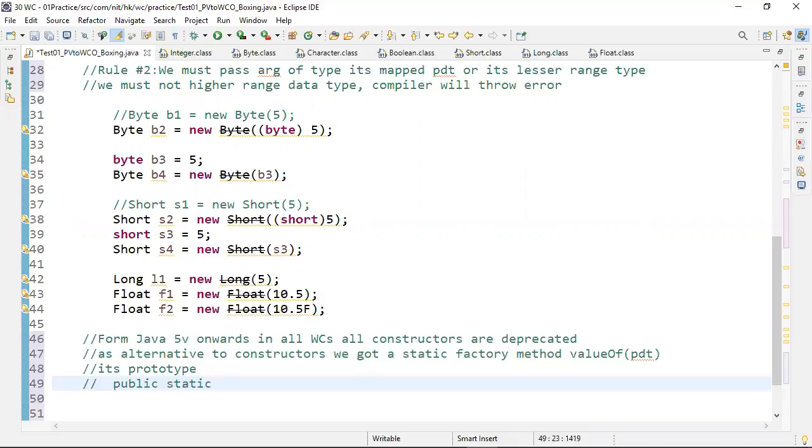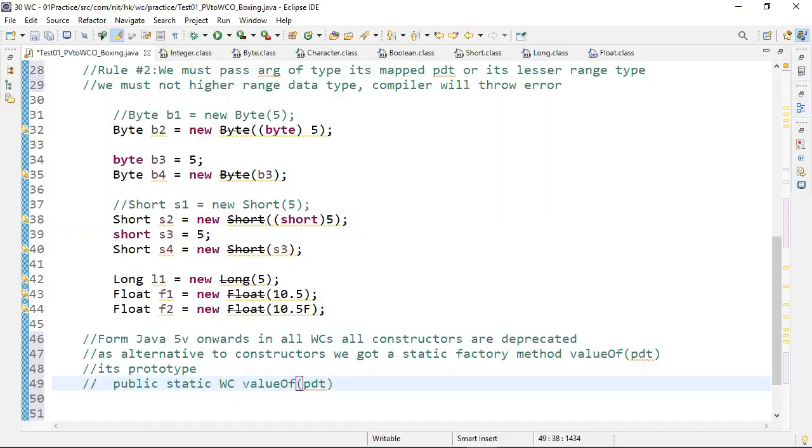What the meaning of factory method? Creates object and return that object. Public static, what is the return type? valueOf method takes a primitive data type and returns its respective wrapper class. Primitive data type is the argument. Wrapper class object is the return type.